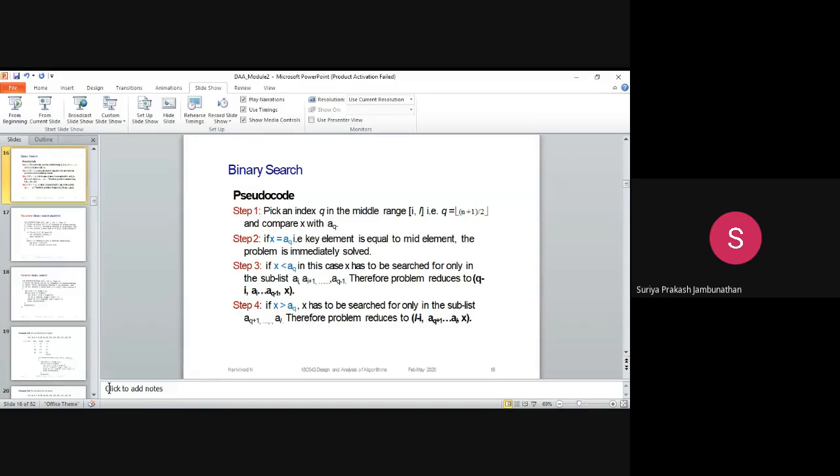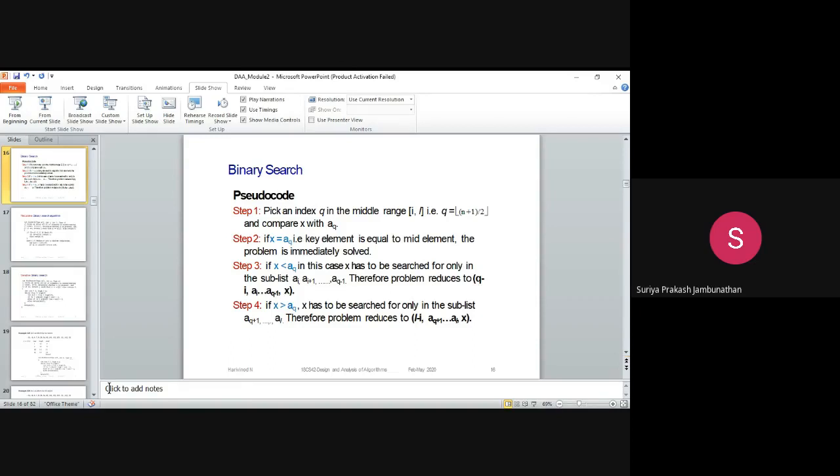What they are doing is picking a middle range value, and here I comma l is the range from I to l. This is the list of elements in the particular array. For whatever binary search you are doing, the list of elements will come starting from I until l.